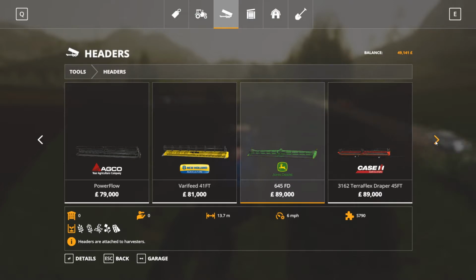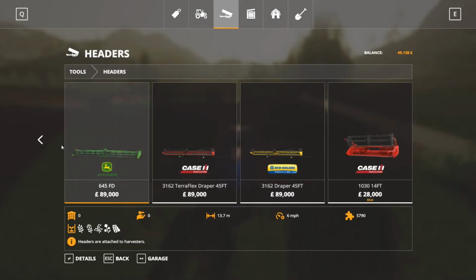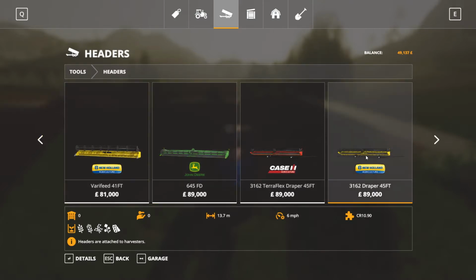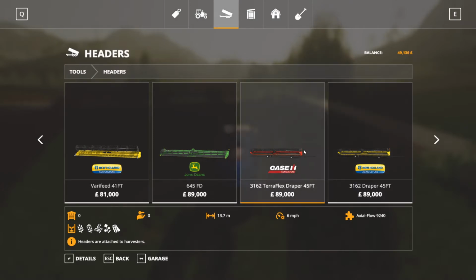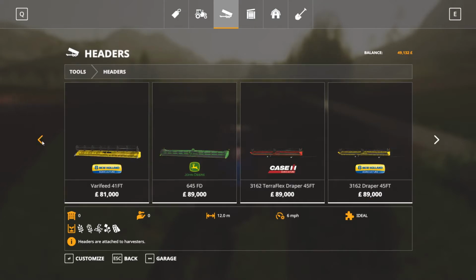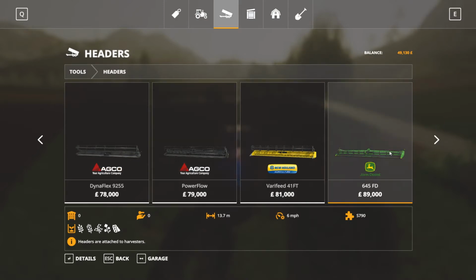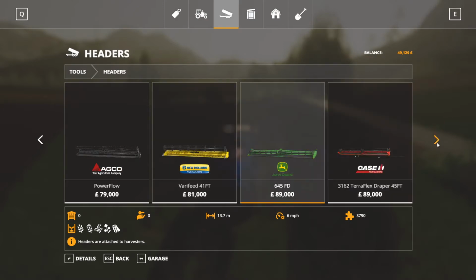pretty much the same as everyone else. That's really massive. So the header's 13.7 meters wide, and if you look at what's on the Case and stuff like that, so that's these ones. The New Holland is exactly the same size. Agco, which is obviously the biggest one in the game, actually has a smaller header. Even though it's the biggest harvester in the game, they have a slightly smaller header than even the New Holland and the John Deere. So that's why I want to go for the S series, to get this 13.7 header, and yeah, that should